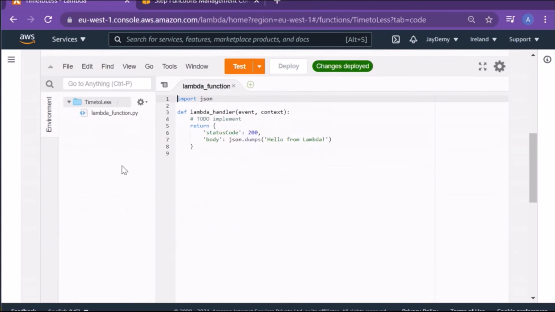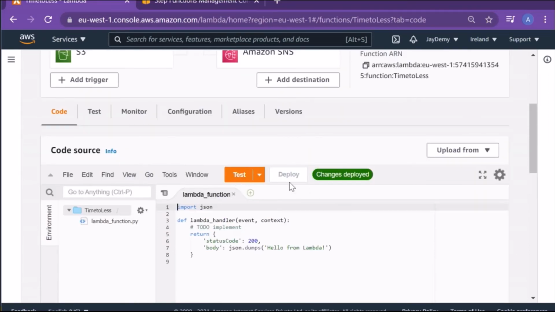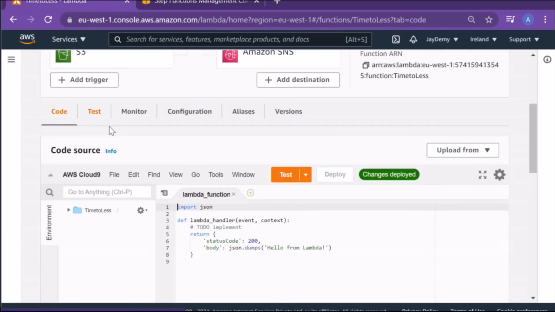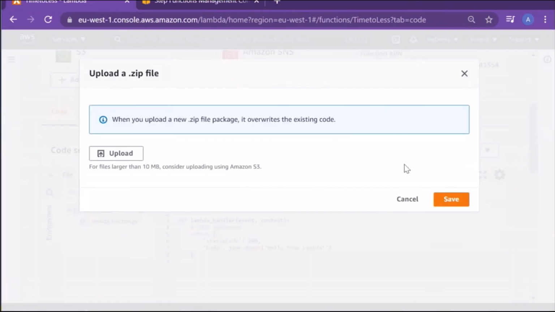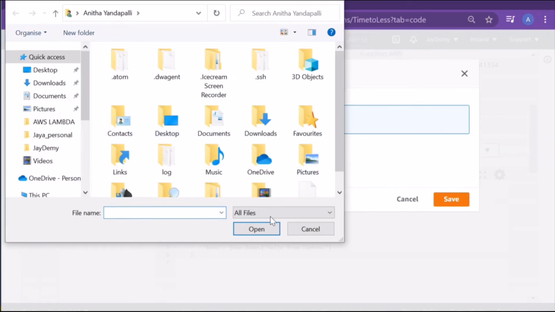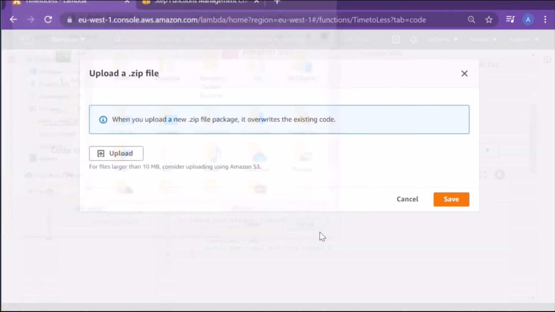And also if you see the test option, I want to show you one more option. Upload from: either you can modify directly inline, or you can upload a zip file. If you click on this one, it will ask you to upload a zip file, so you just zip it and upload it. This also has some limitation.